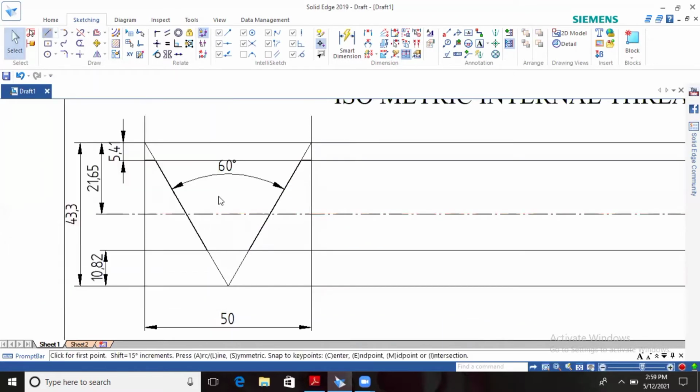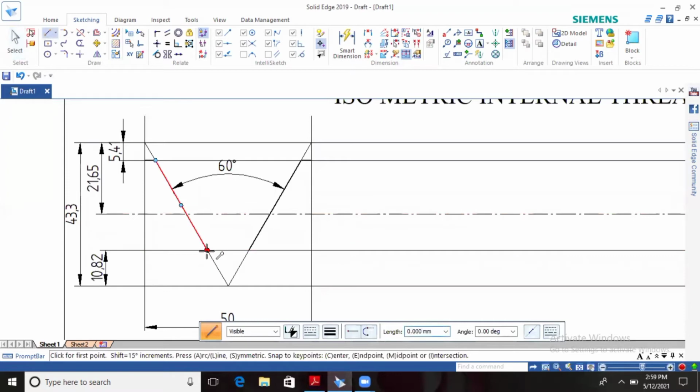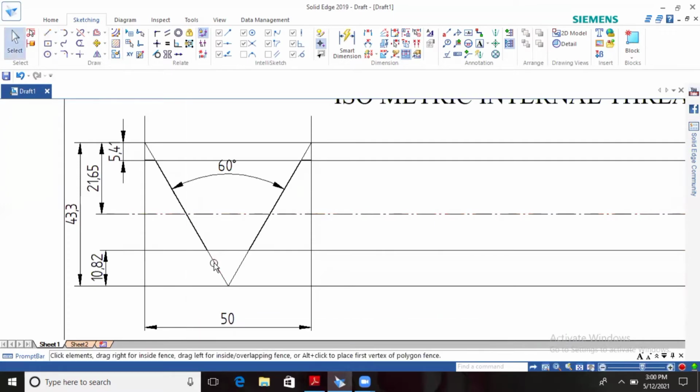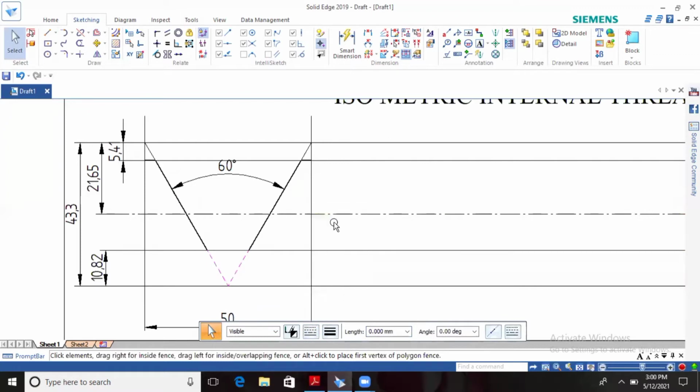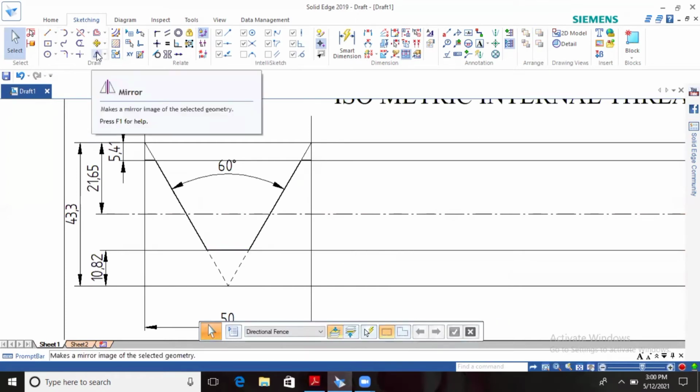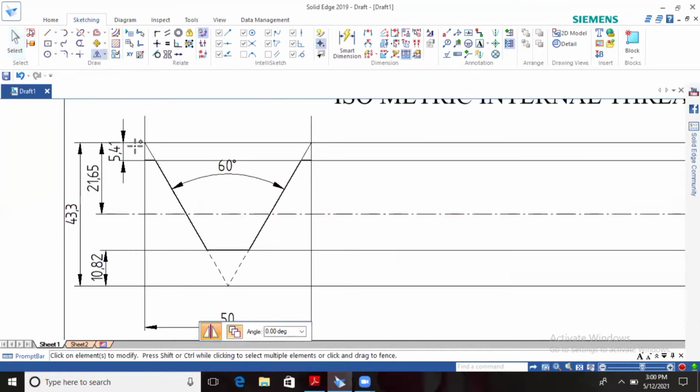Now take the line and draw the root of the thread exactly, with thickness 0.5. The remaining lines will be taken as dashes. That is the root, exactly at the root. So one thread is finished. You have to draw at least 4 threads, so I am going to mirror this thread. So 2 threads are over.